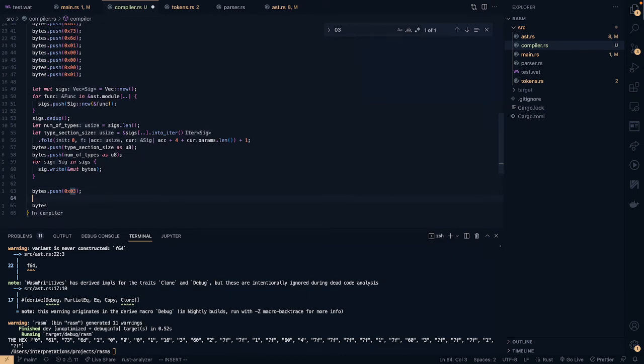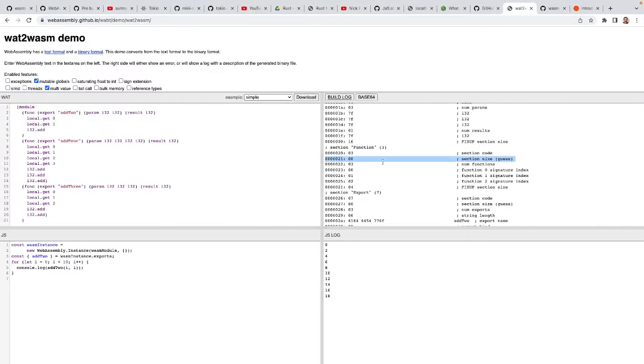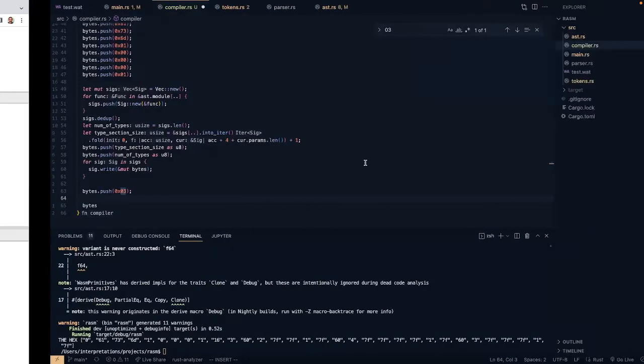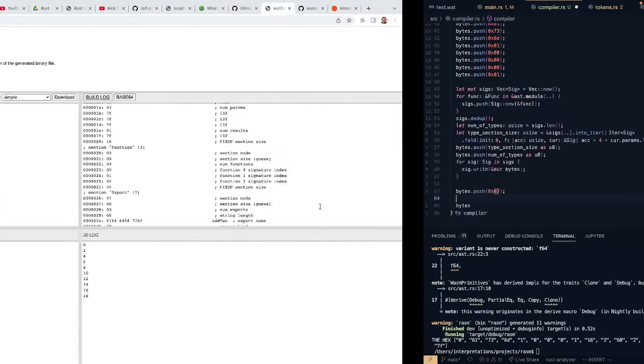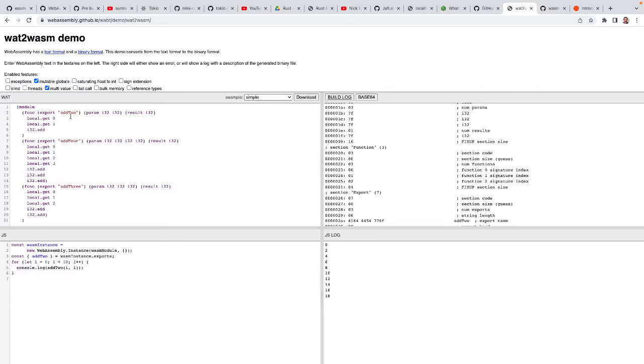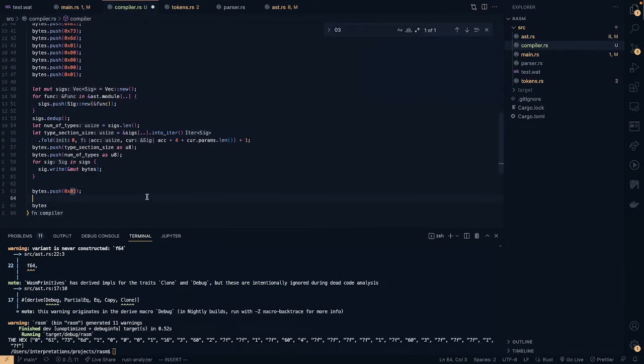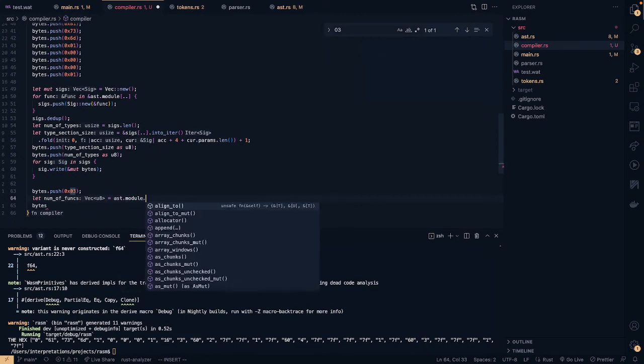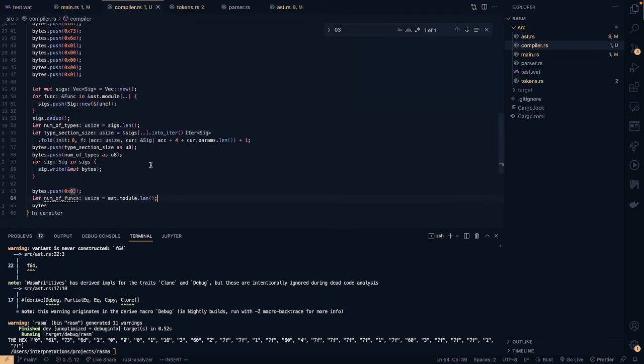So with all these, basically, the very first thing that you have to do is figure out how many of your thing you have. We have three functions, and again, this would be where if we had a multiply 2 and a multiply 4, we would see that we had more functions than we do signatures, and we would end up re-referencing our signature indices. So let's do our number of functions. Bytes module length. Okay,